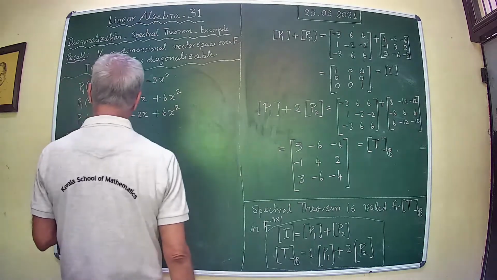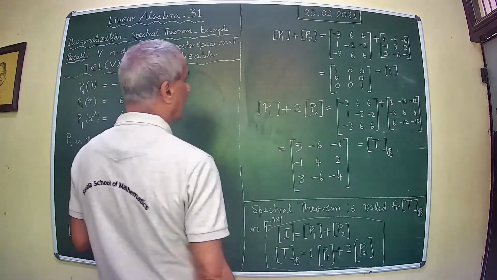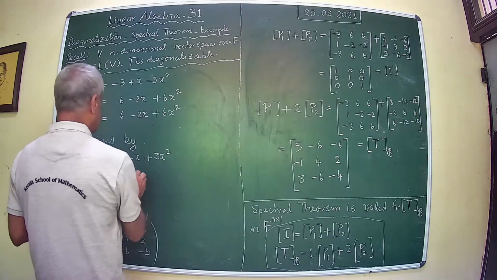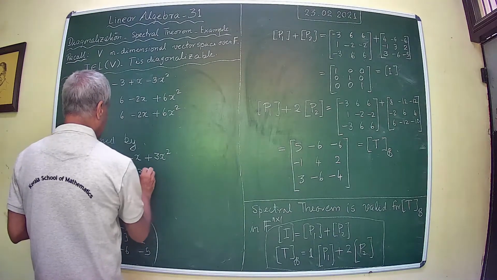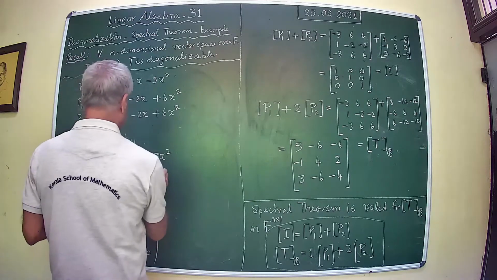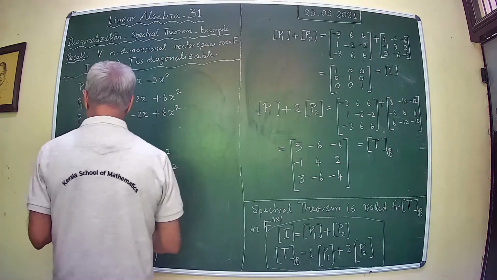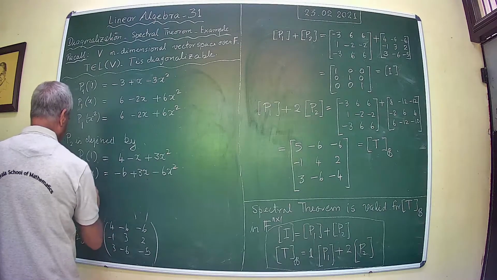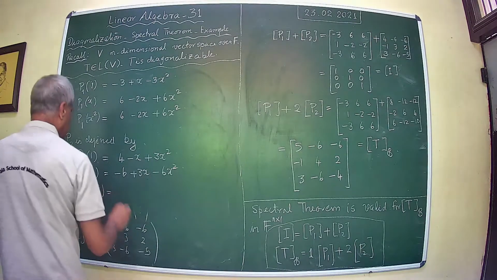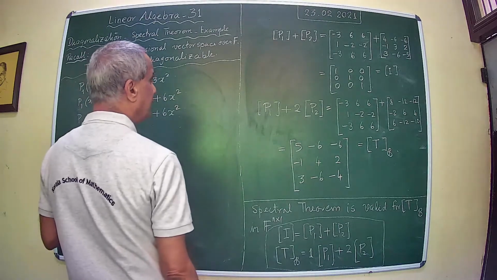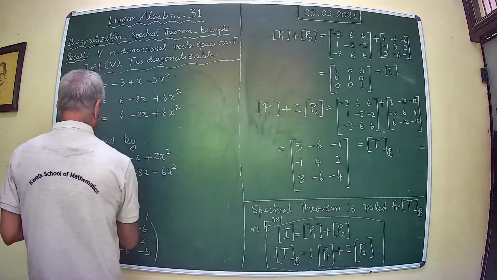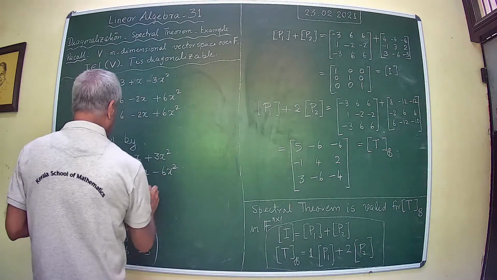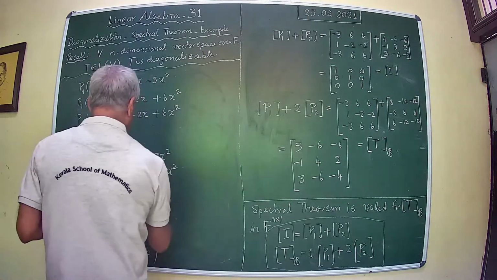P2 of x equal to what? Minus 6 plus 3x minus 6x squared. P2 of x squared equal to minus 6 plus 2x minus